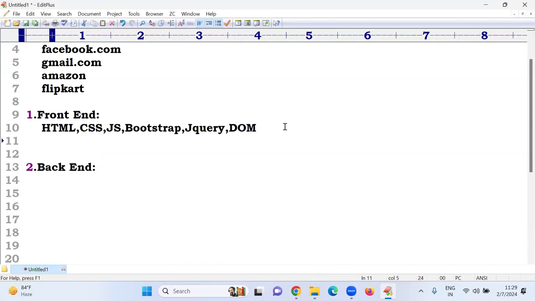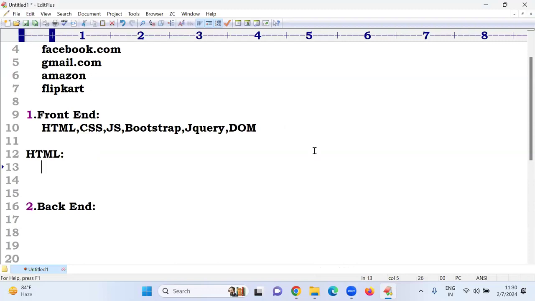Sir, first one. We go with HTML. What is HTML? Very good. I'm not asking the full form of HTML. HTML full form, even a 10th class student knows. Hypertext markup.